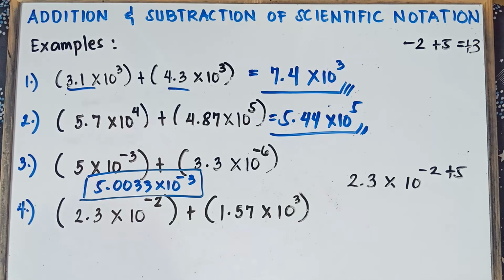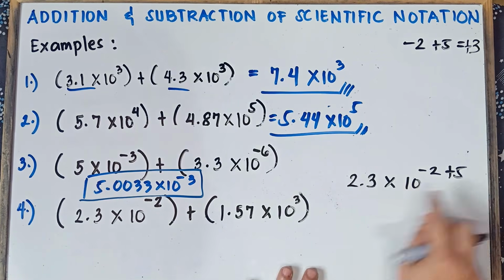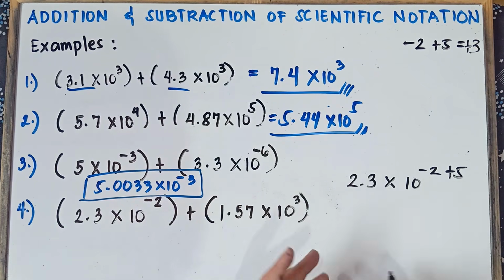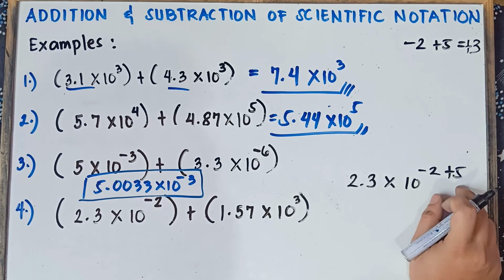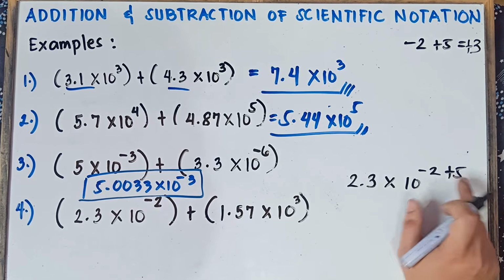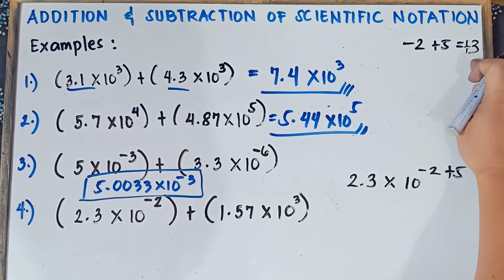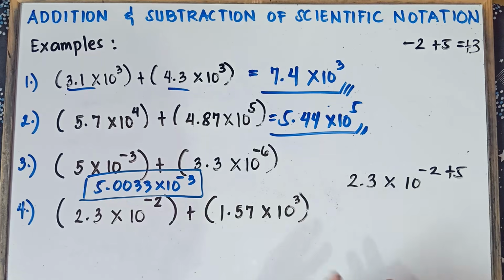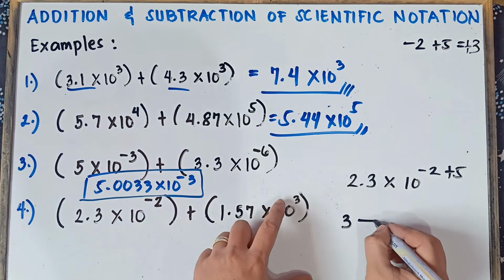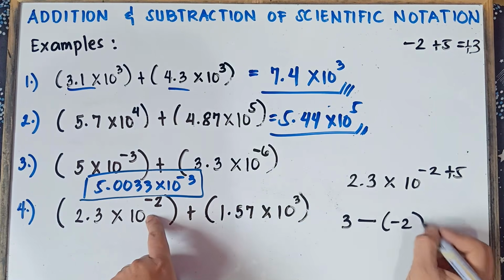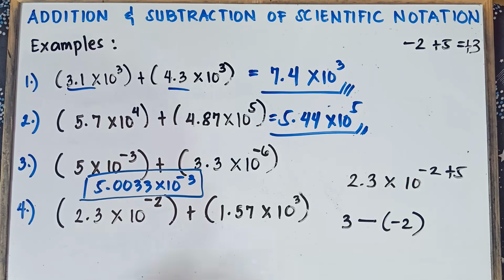Now, if you're confused, class, how to get that number 5, you can just simply subtract. Once again, if you're confused, sir, how did you get this number 5? I get this number 5, class, because if we add negative 2 plus 3, the answer is positive 3, and then we will have the same positive 3. We can just simply subtract the bigger number minus the smaller number. Once again, the bigger number minus the smaller number: 3 minus the smaller number, which is negative 2. So, 3 minus negative 2.